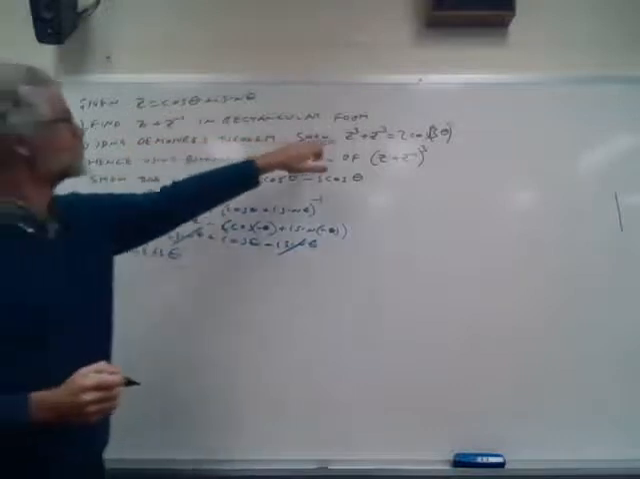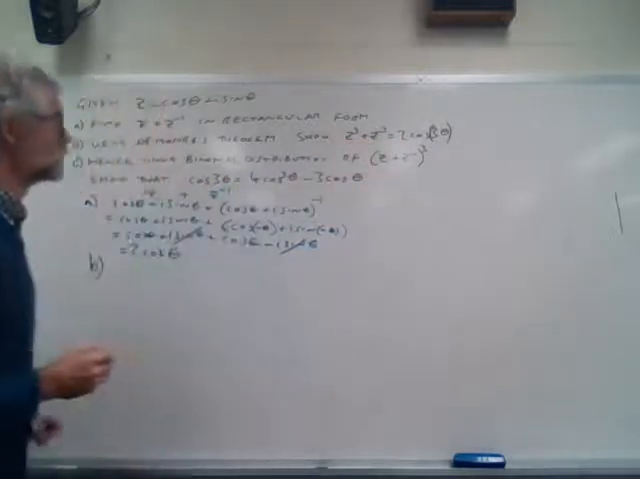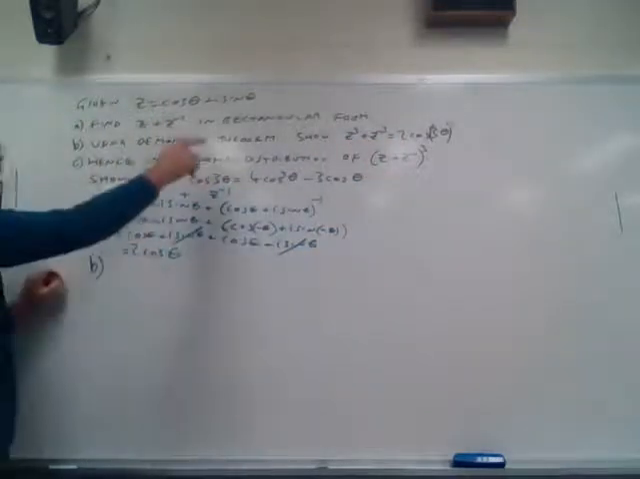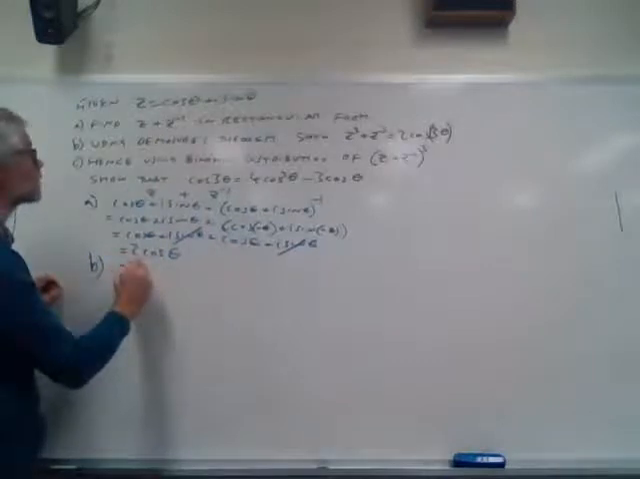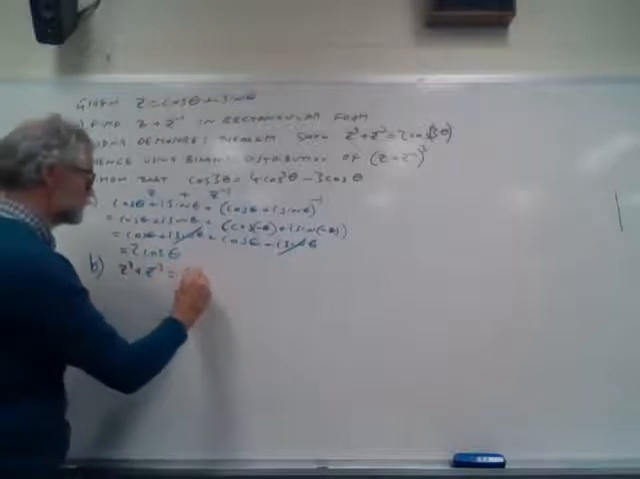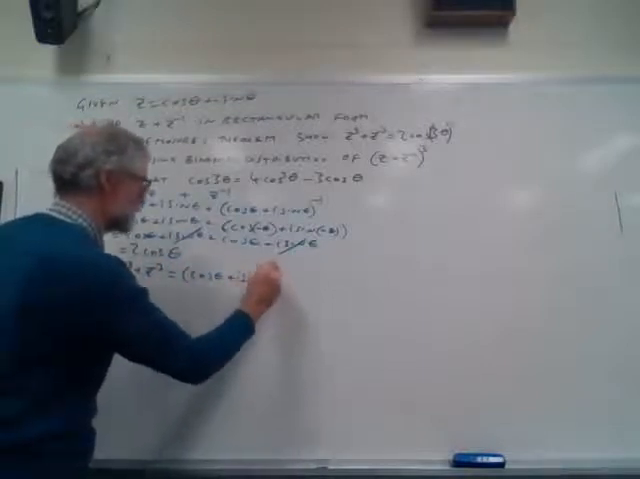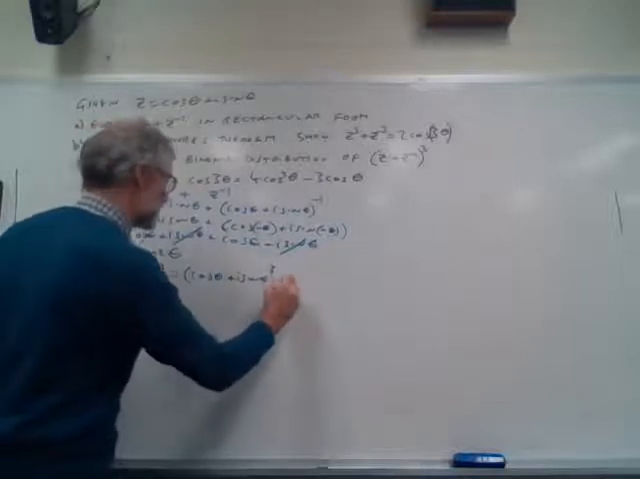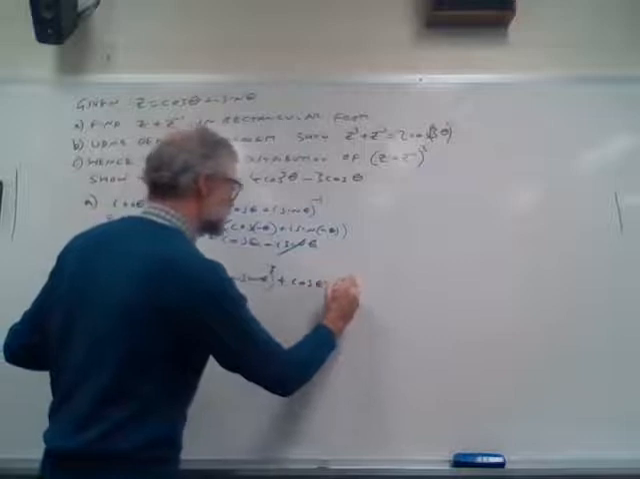Part B, using Binomial's theorem, well, I used it once just here, I'm going to use it again now, show that Z cubed plus Z to the -3 is that lot. I have a feeling that's very similar to what we just did. Z cubed plus Z to the -3. That is cos theta plus I sine theta cubed plus cos theta plus I sine theta